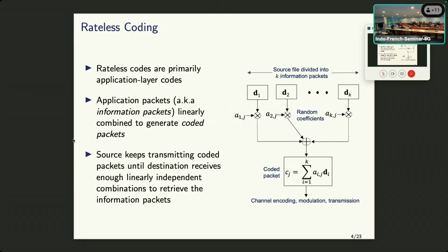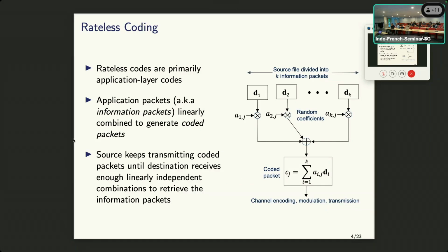So to circumvent these problems, one potential technique is that of rateless coding, of which fountain codes, as Professor Adjih mentioned, are a part. The basic principle of rateless coding is to work with these source packets. Let's suppose these are the packets constituting the firmware upgrade, for example. In a normal scenario, I'm going to transmit these source packets or information packets one by one and wait